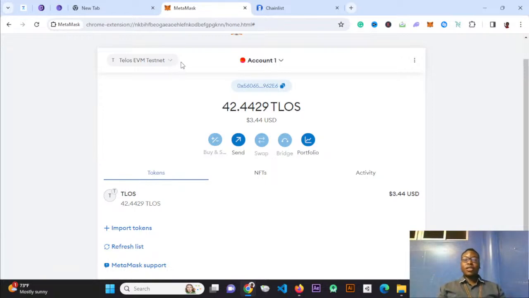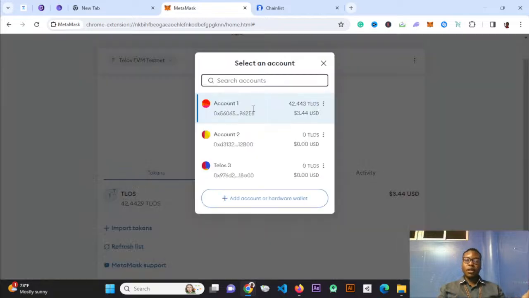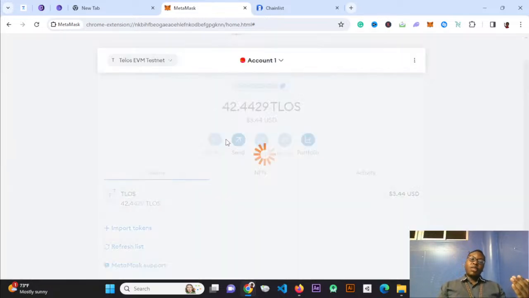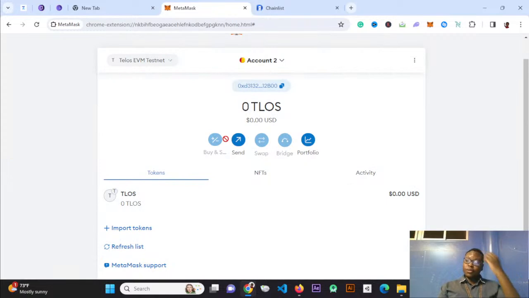So since that was basically how we go about adding the network to the MetaMask wallet, what I'm going to go ahead and do is, how do I actually fund an account now? So if I go to this second account, as you can see, I currently don't have any tokens on Telos. So what I'm going to do is I'm just going to copy that,